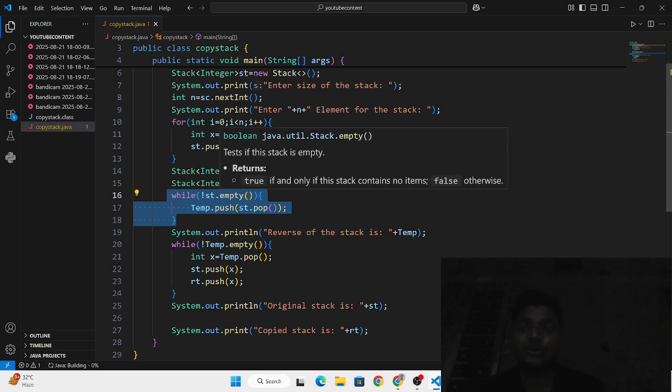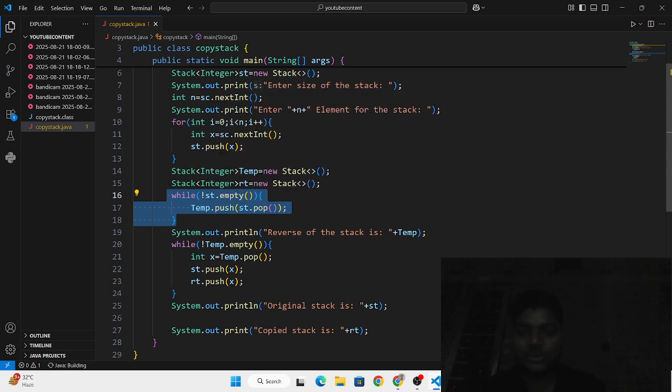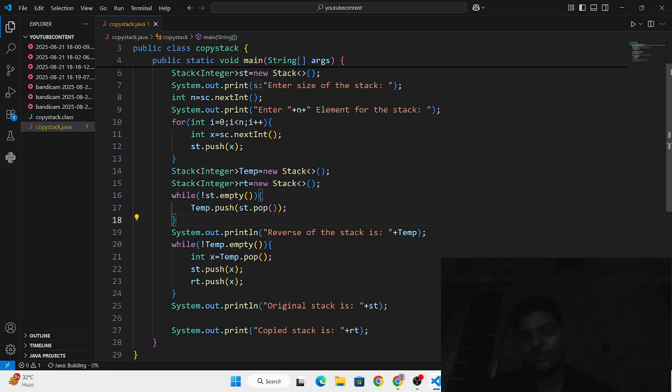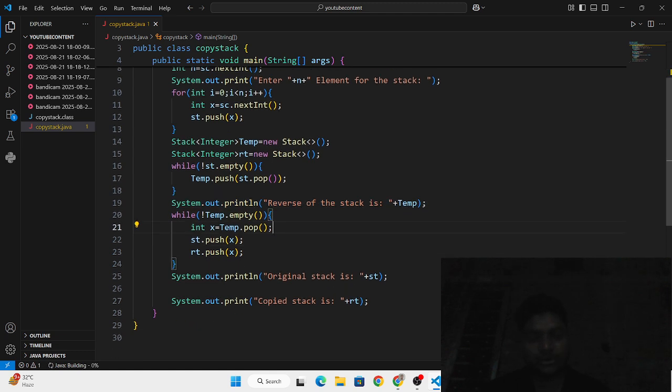While st is not empty, you have to push elements into temp and pop from st. And if it is empty, it means you have to return the reverse of the stack in temp.